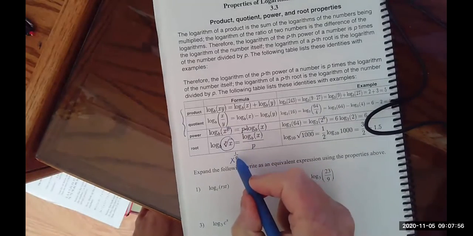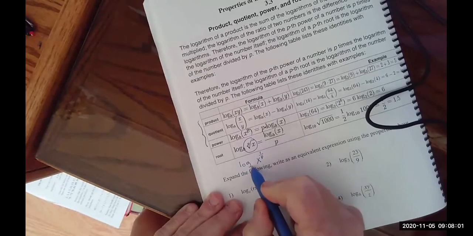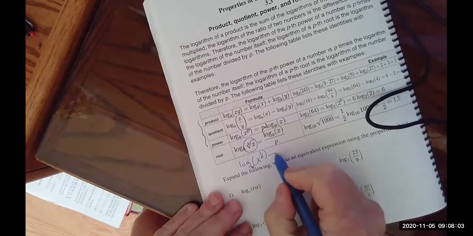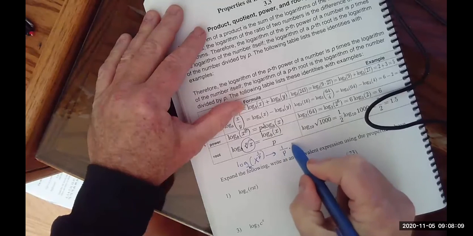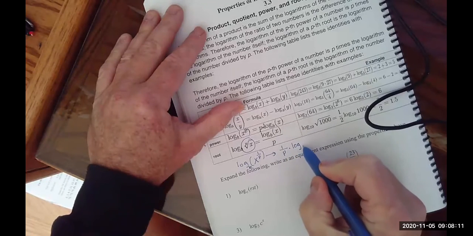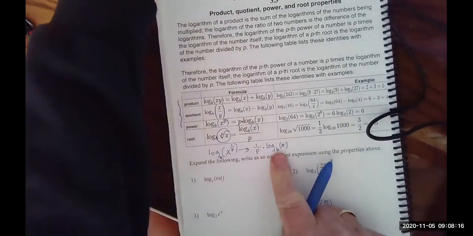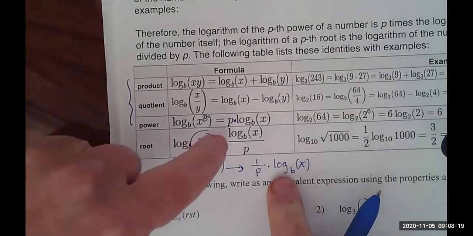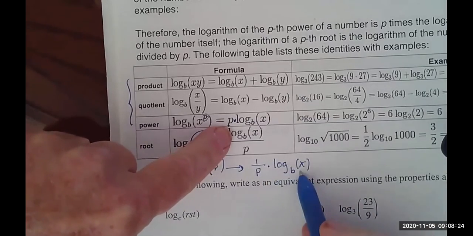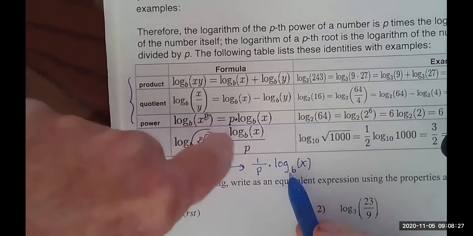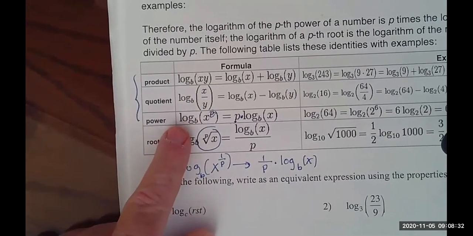So I could do the same thing here if I had this as log base b of that, then that would lead me to say it's 1 over p times log base b of x. Now that, what I just wrote, is the same as that. They are the same. You just put a 1 underneath this and multiply straight across, you get this right here. So that's why I don't focus on the root, because it's the same rule as the